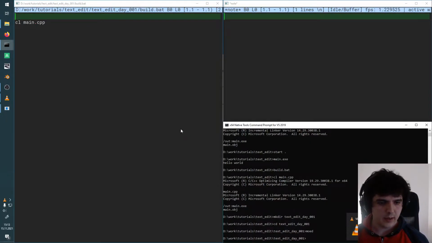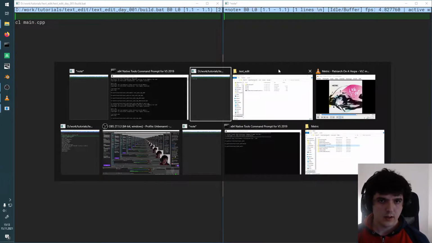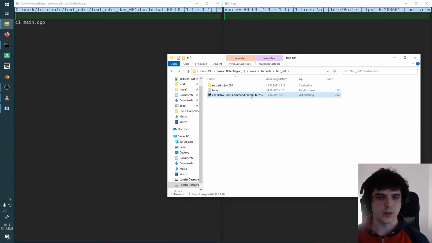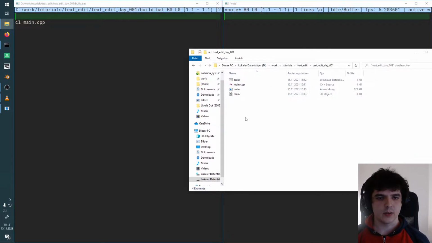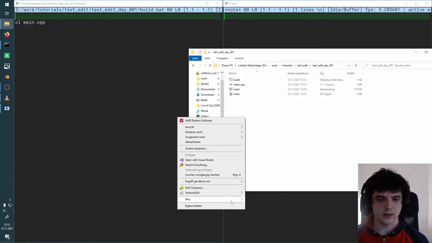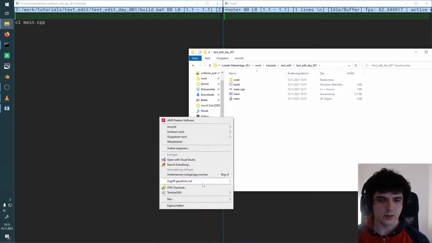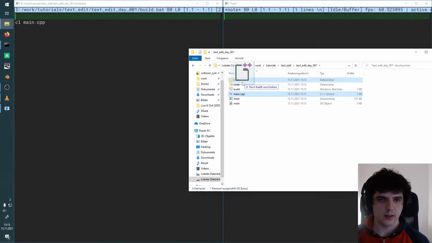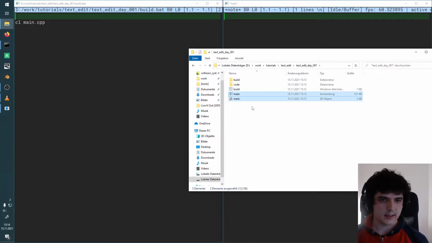And if we compile now, we should have the same situation. Now everything is here, and we can delete all this stuff except for my to-do and how to open the command prompt. So now we want to clean up this code a little bit. I personally like to place my code inside a code directory, and my compilation stuff into a build directory, like so. So I would move the main CPP into the code folder,